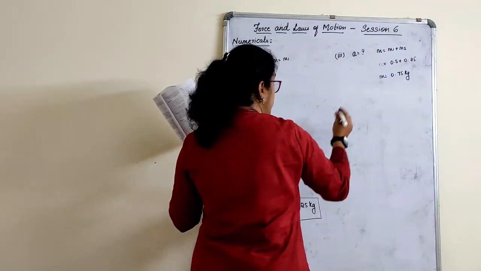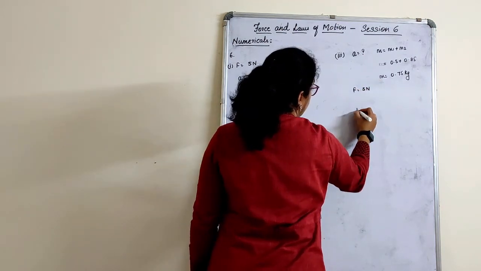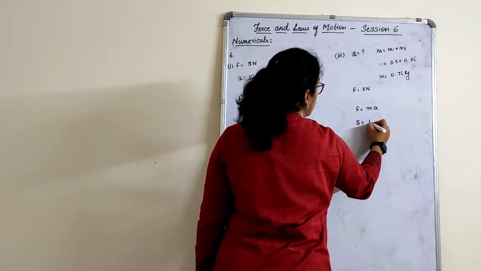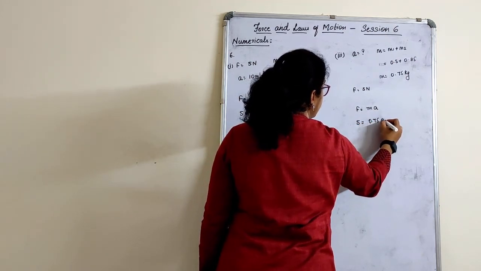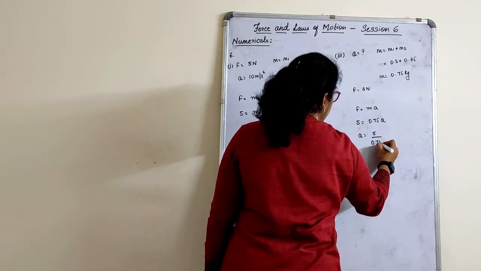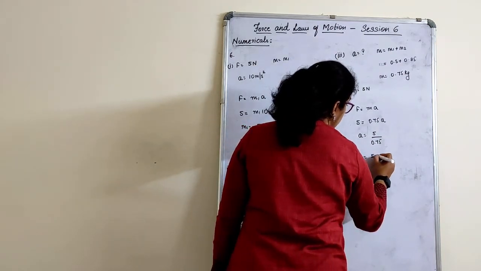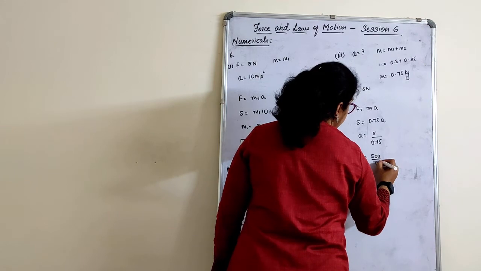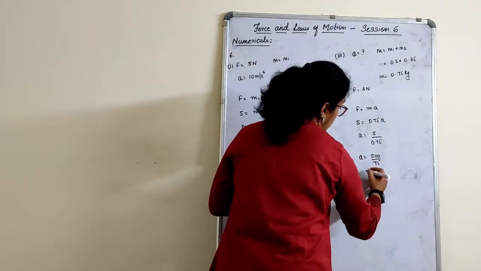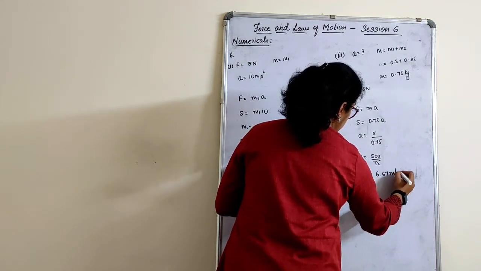What is the force applied? That is constant, children. Force applied is 5 Newton. F is equal to ma. So force is 5, mass is 0.75 into a. So a is 5 divided by 0.75. So if you have to cancel the decimal, a is equal to 500 upon 75. That is how we do it actually. So when you cancel, acceleration is 6.67 meters per second square.